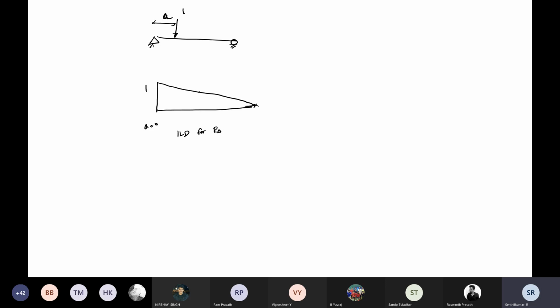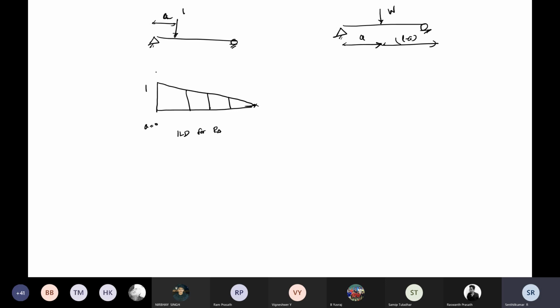So again, what will the value be? The ordinate will change at every position, so it is like a linear diagram, a linear triangle. Easily you can find out the value for any distance. So if I have a simply supported beam with a point load, any load W, with this distance A and this distance L minus A, I just want to know my RA due to this load at the position of A.